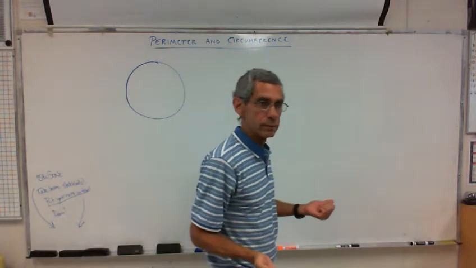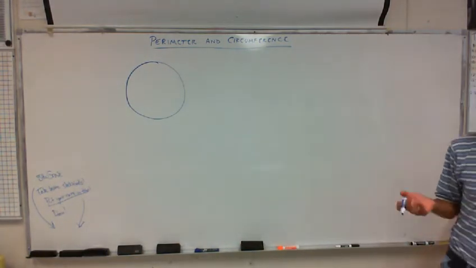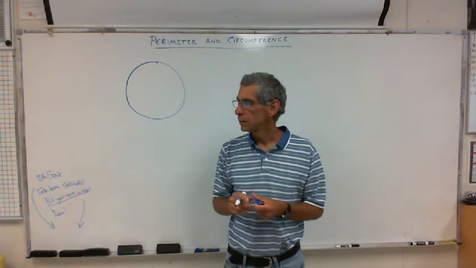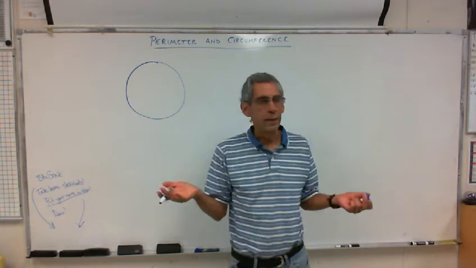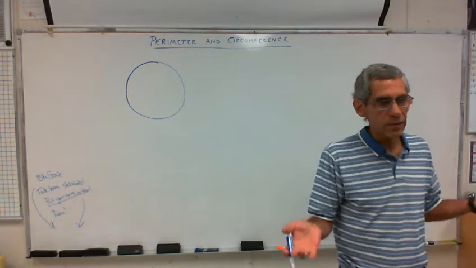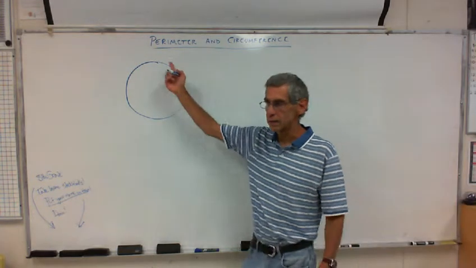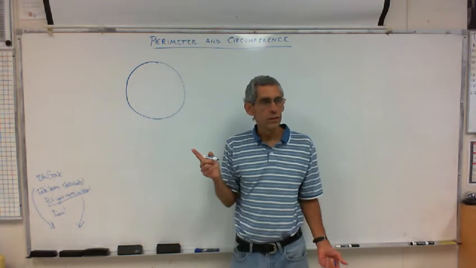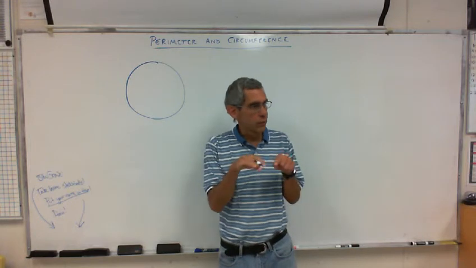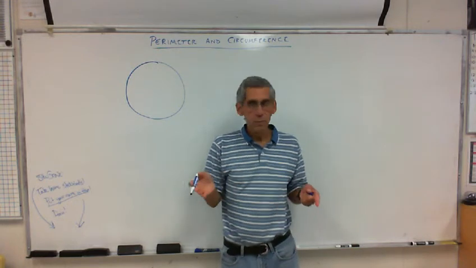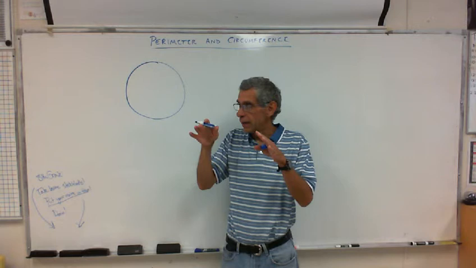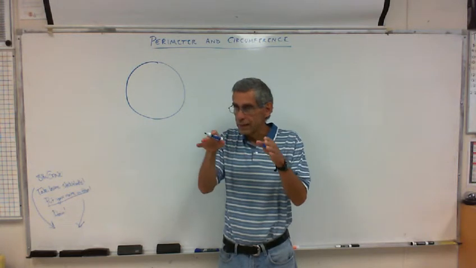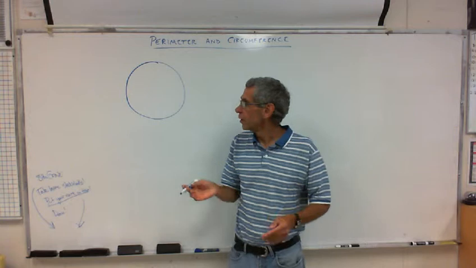Then we have a circle. What is the difference between perimeter and circumference? Aiden. Circumference is for a circle. Right. It's really the same thing. It's the outside fence. It's the outside length, right? The only trouble is, with a perimeter, you're dealing with straight lines, right? But with a circumference, you're dealing with a curved line. And because it's a curved line, it's a little harder sometimes to find that distance, right? A little harder. But